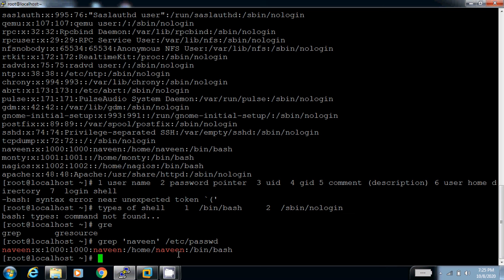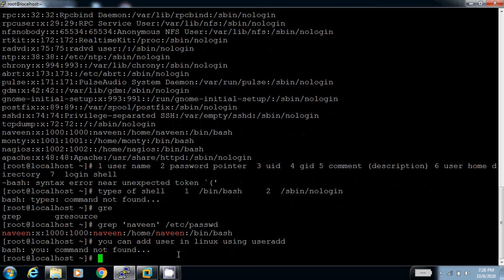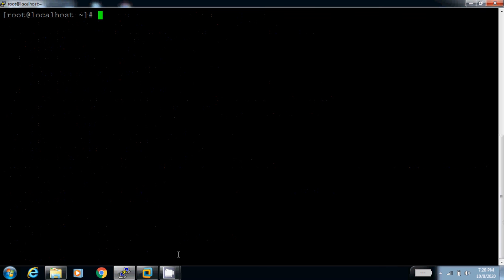We can add a user using the useradd command. You can add a user in Linux using the useradd command. So now start with the training lab.